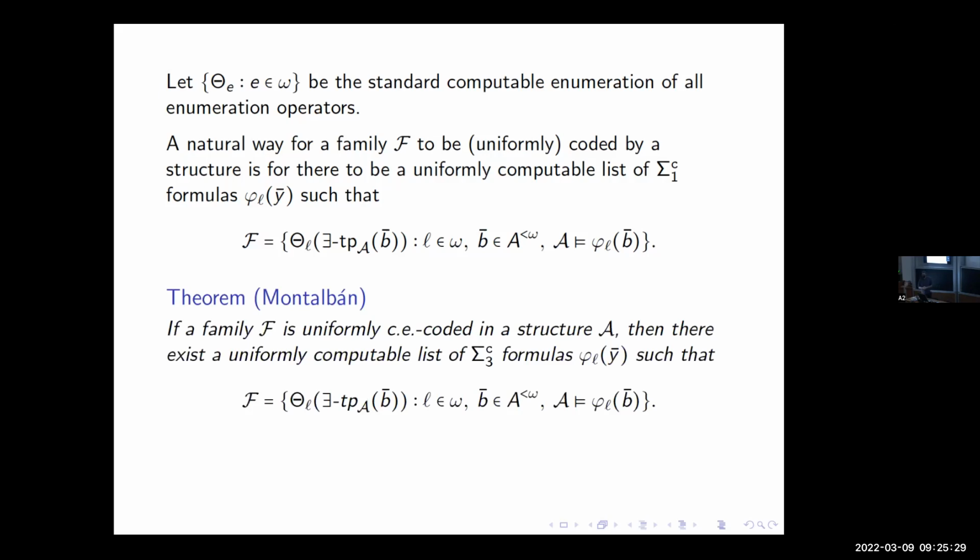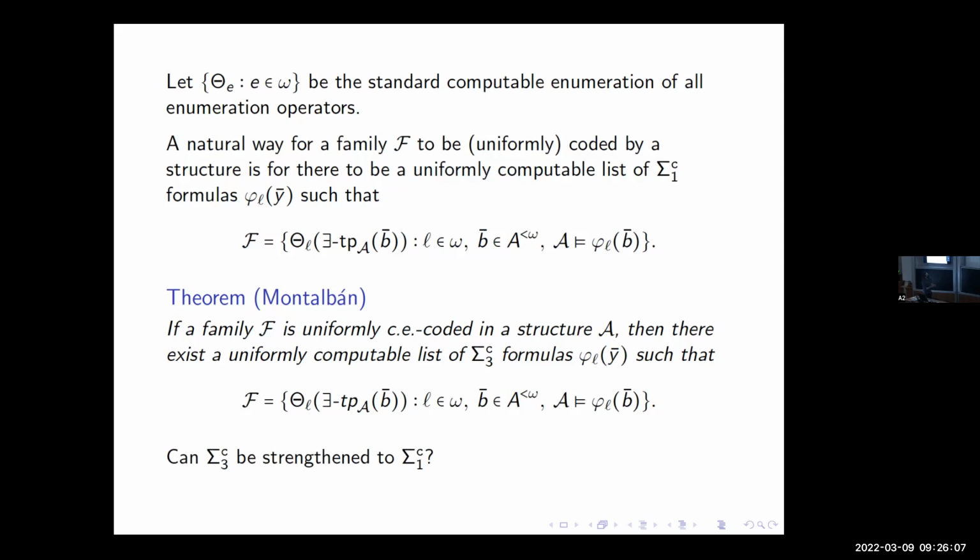What's the best that we know? That we can get sigma 3 formulas here. So this isn't going to give you an if and only if condition. If this top thing happens, then definitely F is CE coded. And if F is CE coded, then there are these sigma 3 formulas that do this. So that's an implication, and it never wraps around. This says if you are CE coded, then there is some way of seeing that you are. But this way doesn't pick out a list of the tuples. It gives you some way of approximating the tuples that you were supposed to use. So it doesn't give you if and only if.